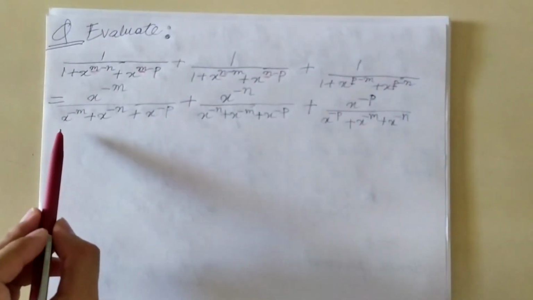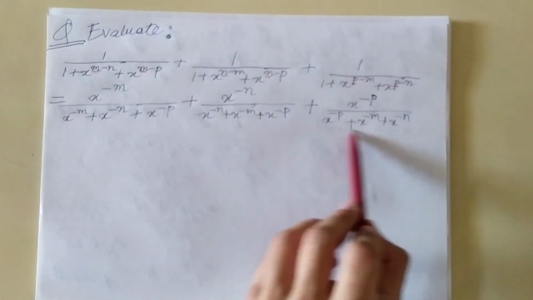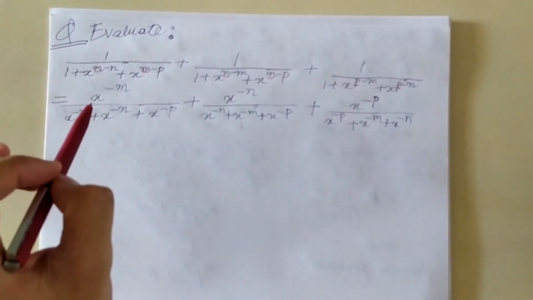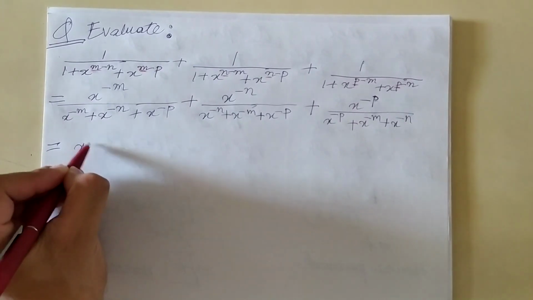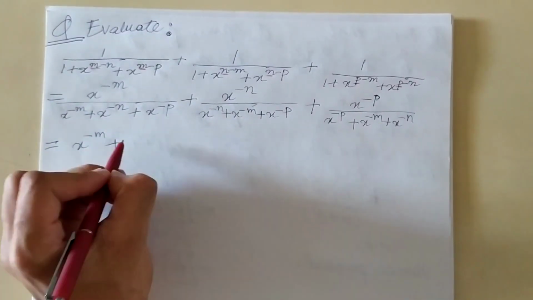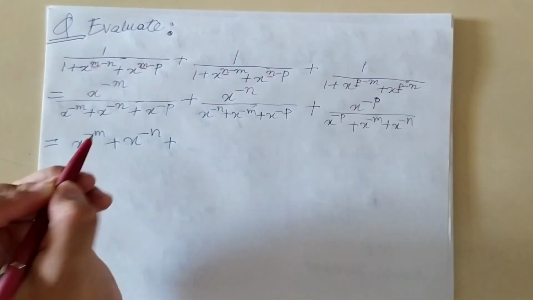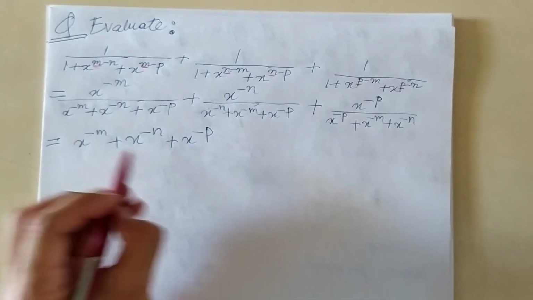So now you can see that the denominators in all the three expressions have become same. Now I can directly add the numerators. So I will get x to the power minus m plus x to the power minus n plus x to the power minus p upon